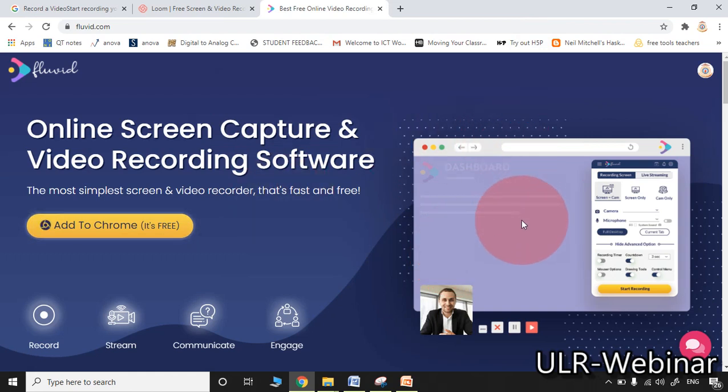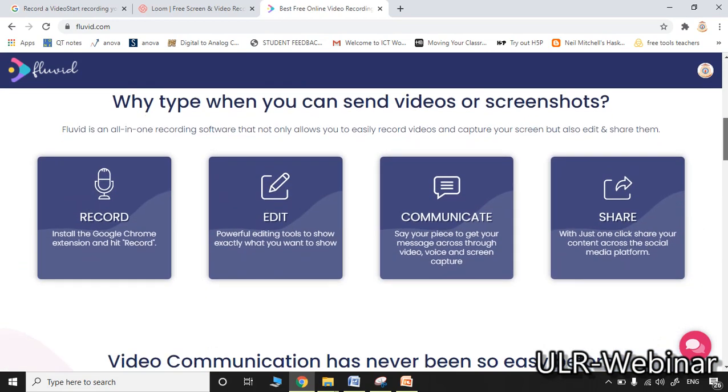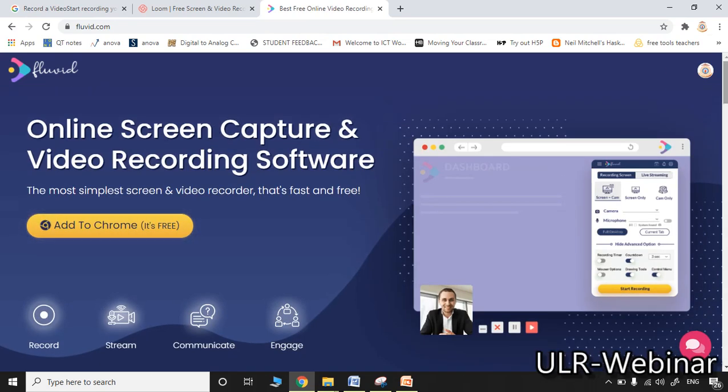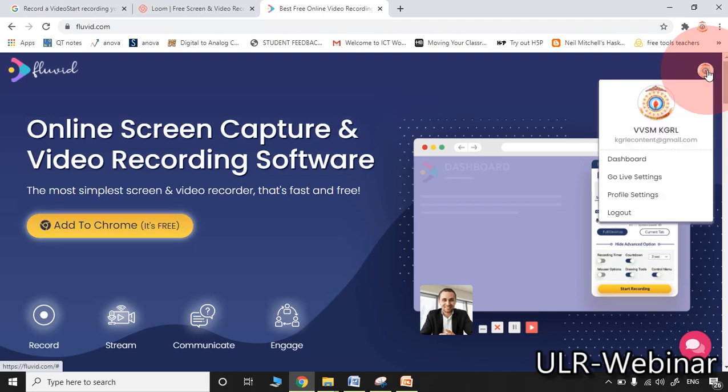You may observe here, you may record, you may start the stream, you may communicate with your colleagues. All the possible options are there in this particular tool. You may record, edit, communicate, share, everything. So here dashboard, go live settings, profile settings, everything will appear.